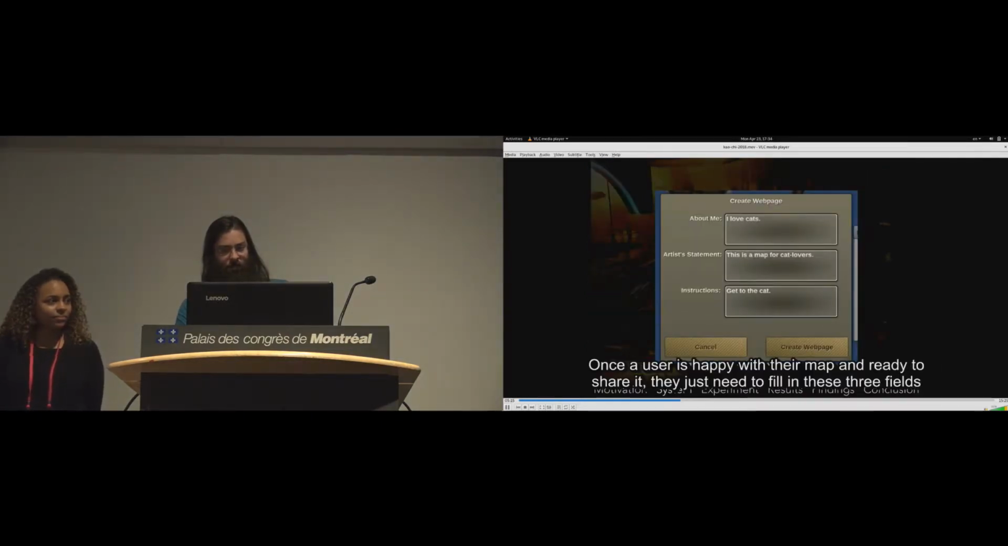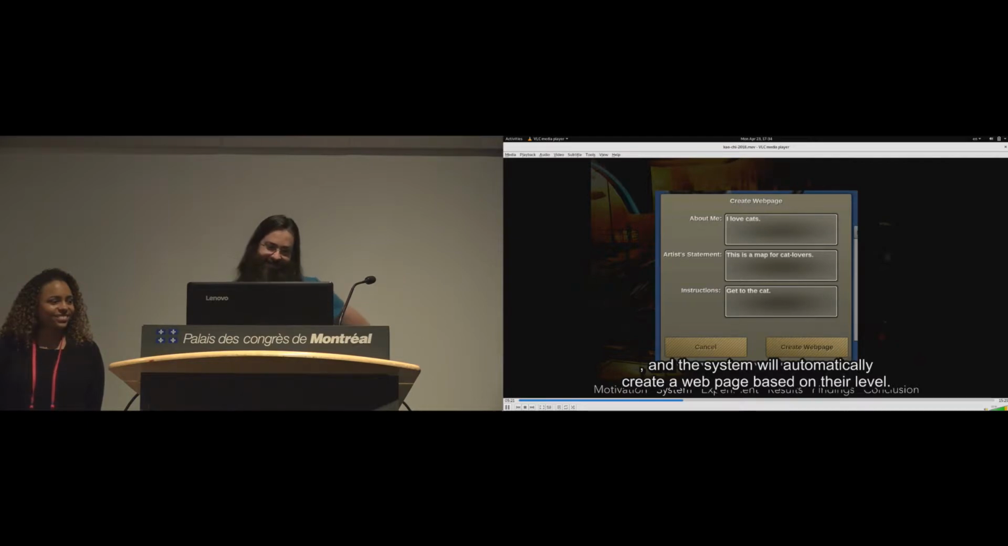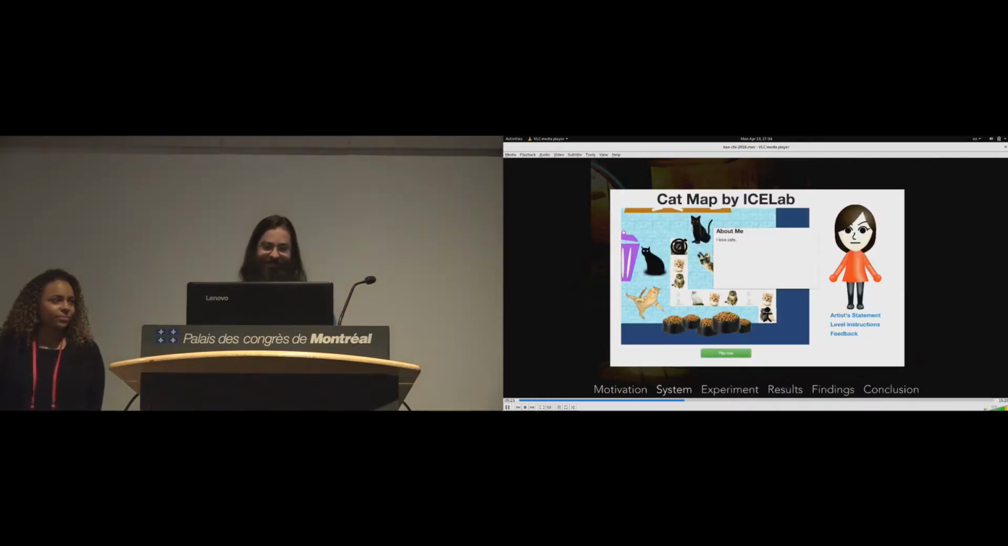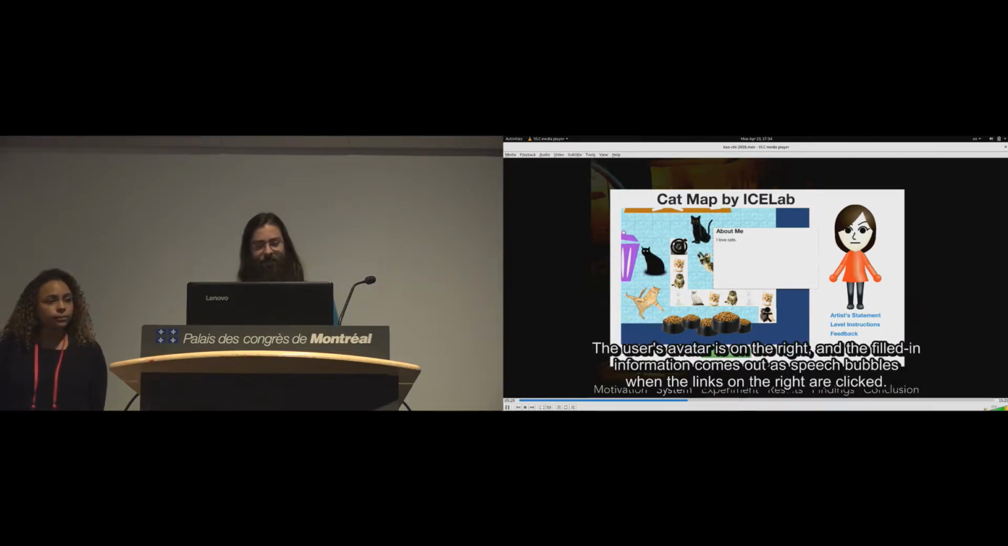Once a user is happy with their map and ready to share it, they just need to fill in these 3 fields, and the system will automatically create a web page based on their level. This is a generated website based on those 3 fields a user filled in. The user's avatar is on the right, and the filled-in information comes out as speech bubbles when the links on